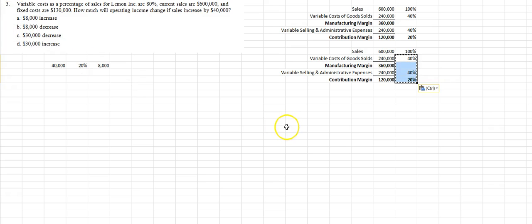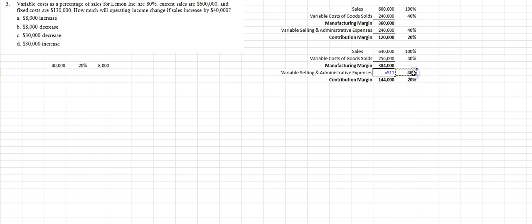Paste values, okay? So now these are values, and so if my sales now is 640, my contribution margin, my variable cost is 40%, so this should increase by 16,000, right? $256. This one is going to increase by 16,000